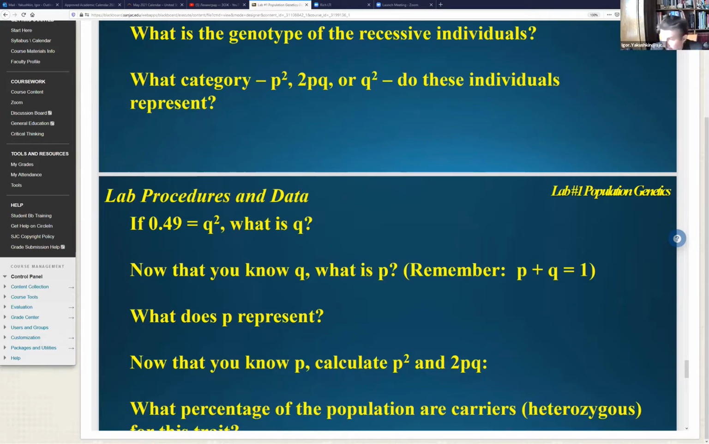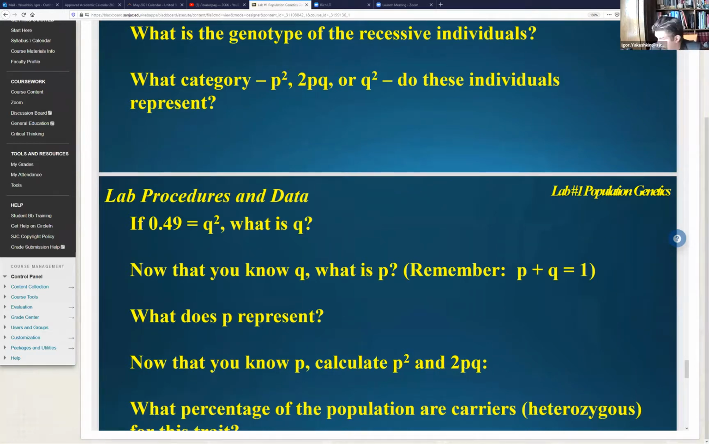0.09, exactly. So P squared will be equal to 0.3, which is our P, and we also square it, and that ends up being 0.09. Now 2PQ, basically exactly the same thing as we had before. 2 is a number, we're multiplying it by P, which is 0.3, and then by Q, which is 0.7. 2 times 0.3 is 0.6, and 0.6 times 0.7